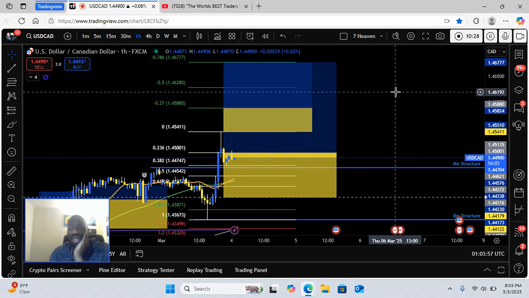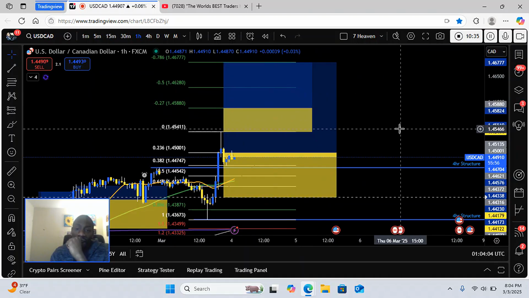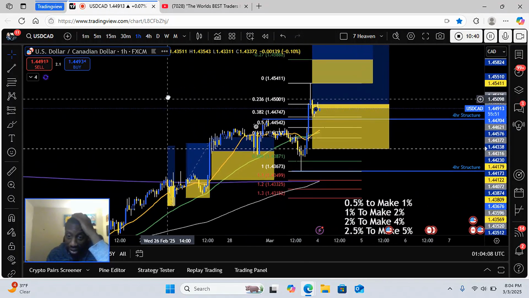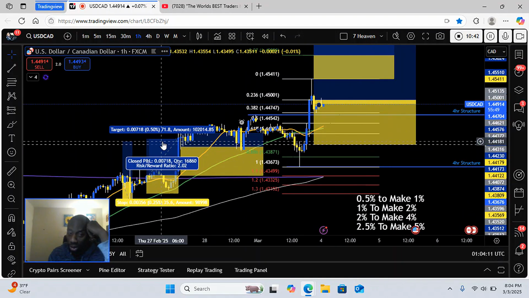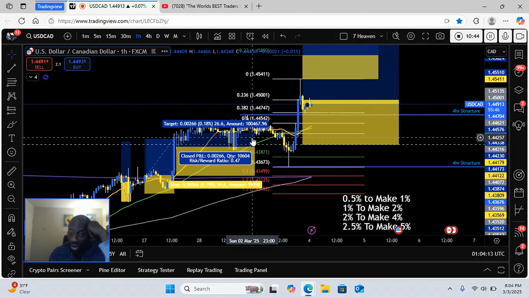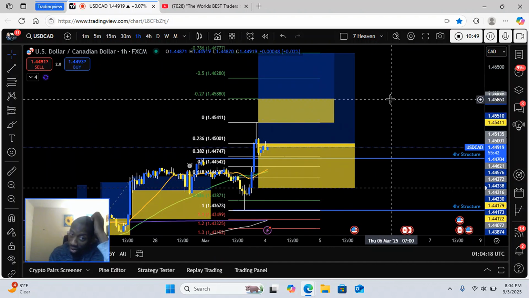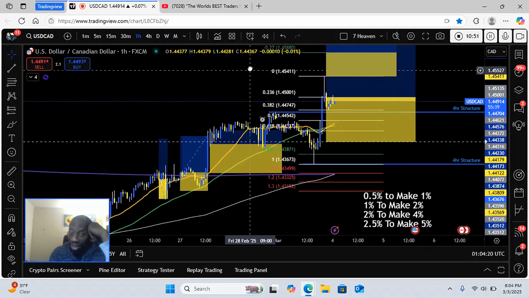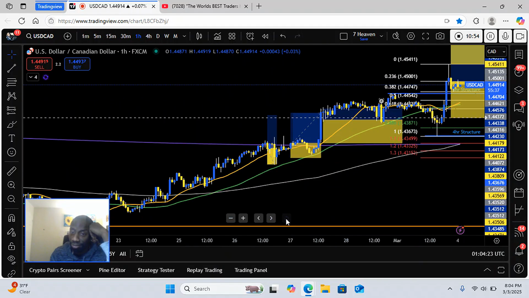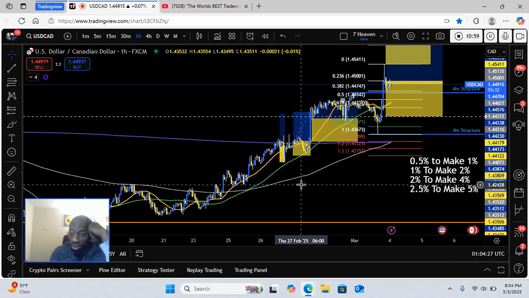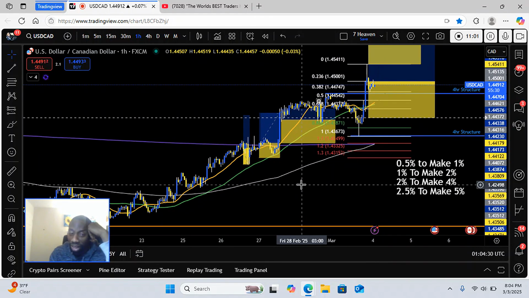This is my third setup that I want to take on USD CAD. All right, have it nice and set up properly here. Now this will be a 1%. So have a big win, then those lost 2. Now this would be a 1% thing going on here, but I'll only risk 0.5 on this one because I made like 4% last